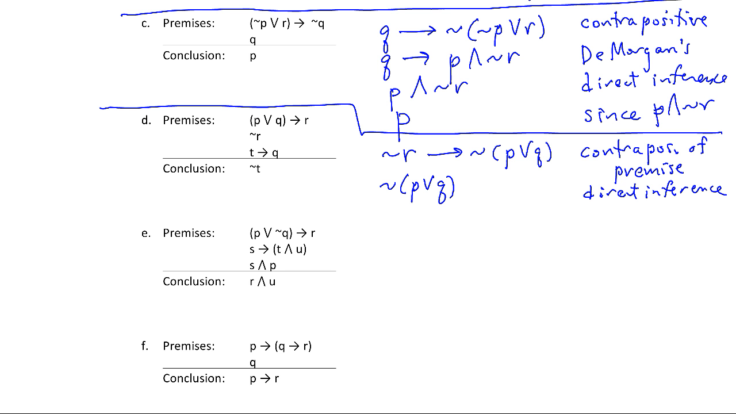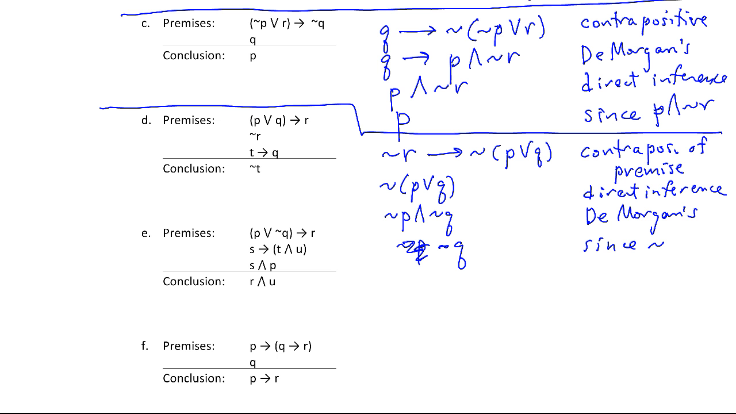And I conclude that because I have both this if-then statement and I have not R as a premise. And then I'm going to apply De Morgan to say not P and not Q. And then I'm going to conclude from that not Q, because that's the one I want to use next. Since not P and not Q, and then from not Q, next I'm going to go ahead and write the